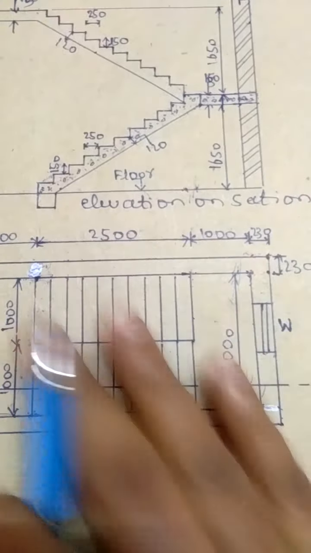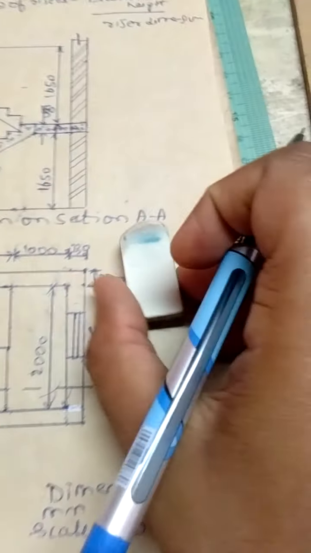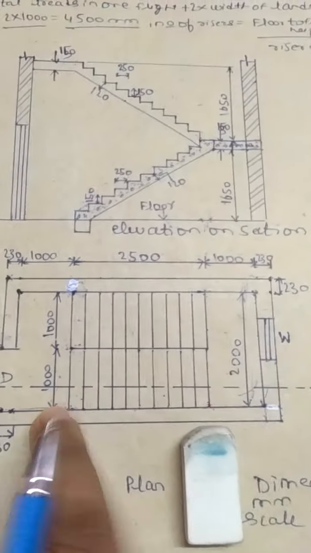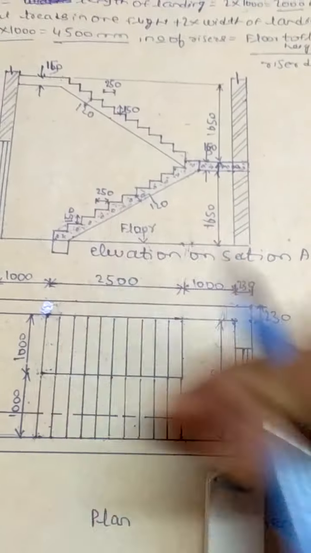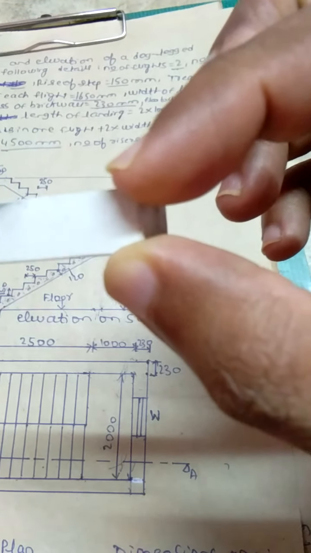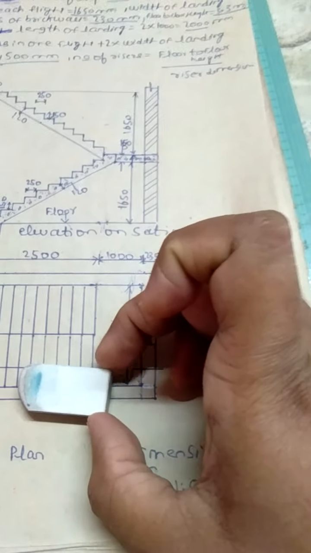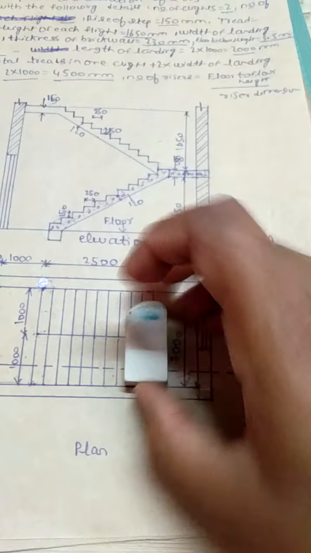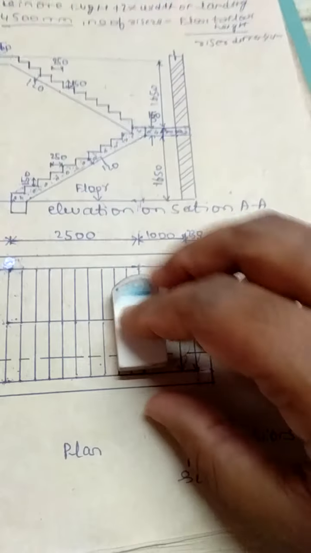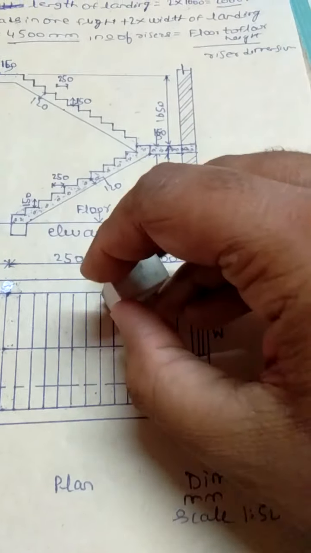As I told you from the staircase example, if I consider this eraser as a step, I keep this. This eraser itself is one step. Again keep another eraser, the second step. Like this you can imagine. This vertical portion between my two fingers is called the riser, and this portion, the width, is called the tread. If I keep it like this, this is your step, this is the tread or the width of the step, and this is the riser.